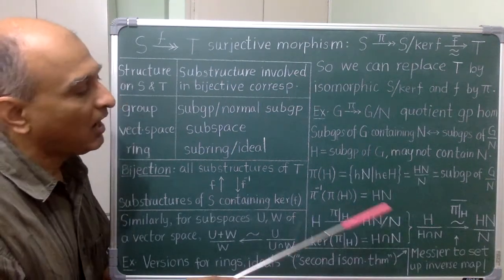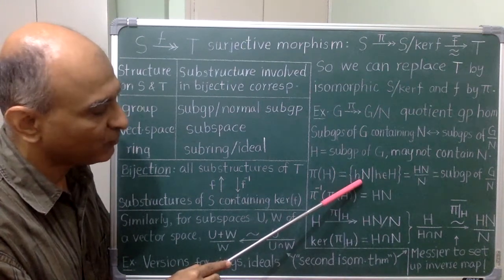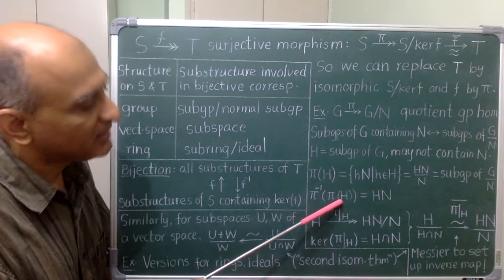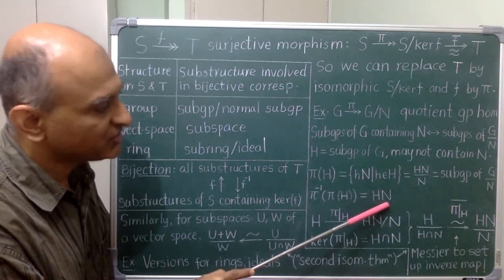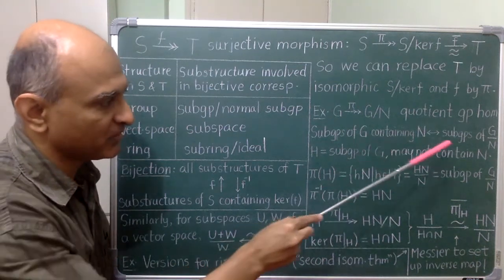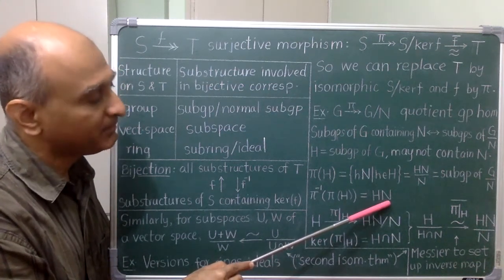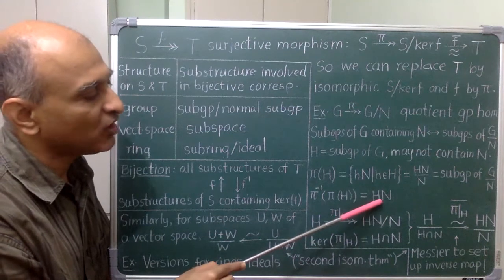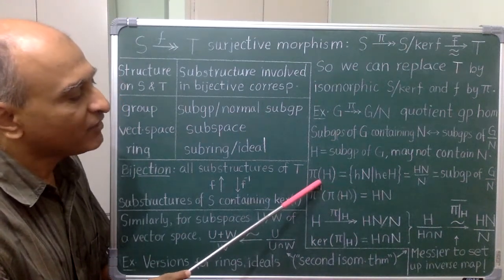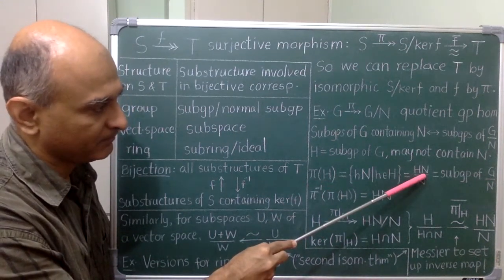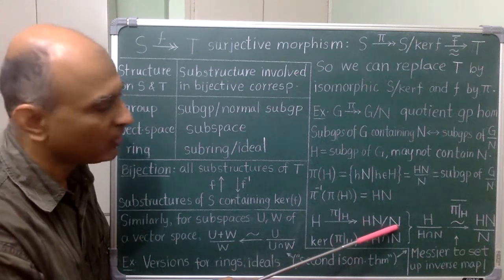The image of H under the quotient map consists of all cosets of the elements of H, and therefore the inverse image of that is the union of all of these cosets, which is capital H times N. These two are partners under this correspondence, but the partner of HN is its image under pi, and because HN contains N, the image of HN is the quotient HN mod N. Therefore, pi of H is equal to HN mod N. Therefore, when restricted to H, the image of pi is HN mod N.